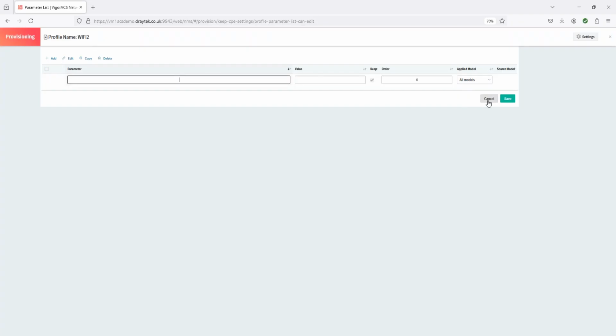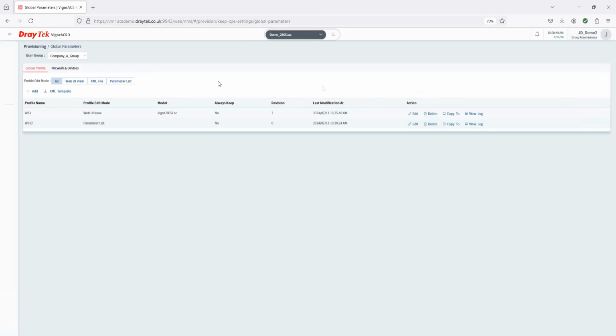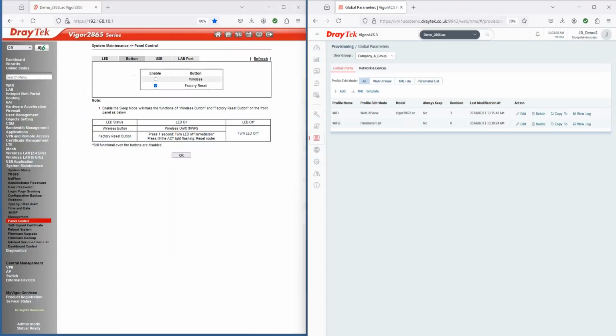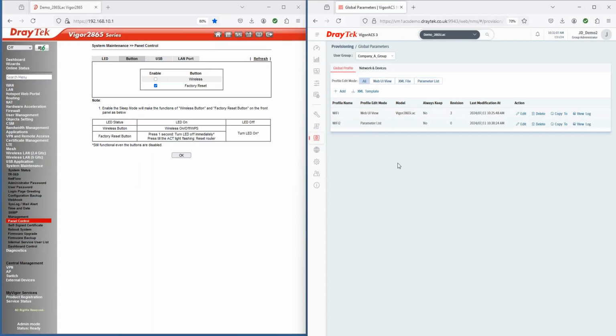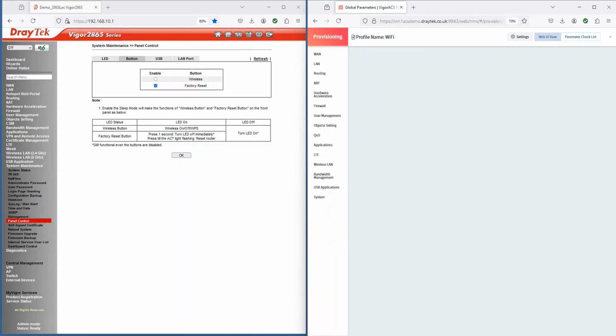So that's another way of creating the profiles. Let's go back to the profile that we had. So we have this Wi-Fi profile. If we hit edit,